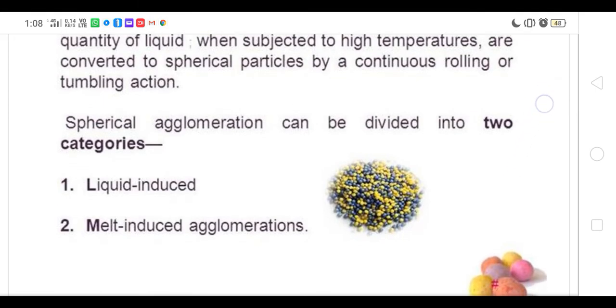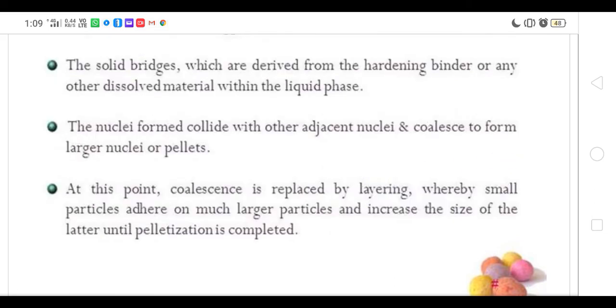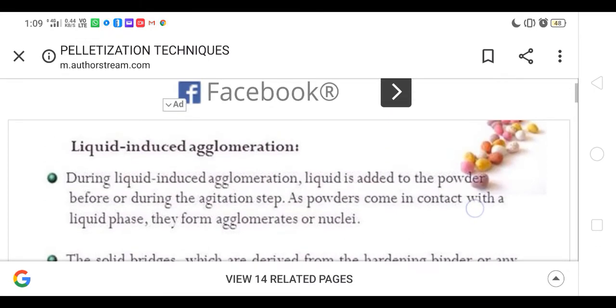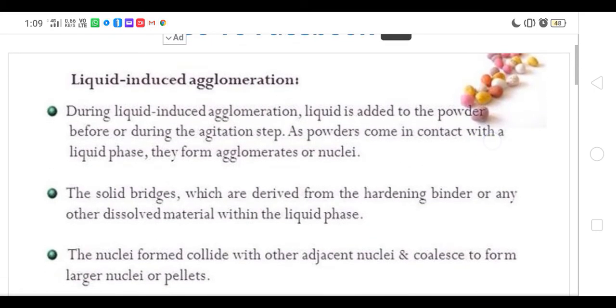Spherical agglomeration can be divided into two types: liquid induced and melt induced. If it is solubilized in liquid, or if it is melted at some temperature, then because of the melting it forms agglomerates, okay? So in liquid induced agglomeration, liquid is added to the powder